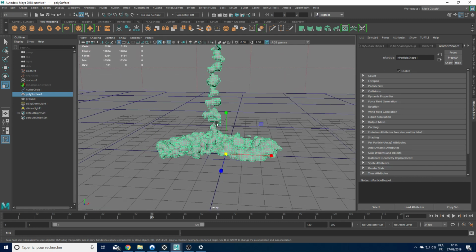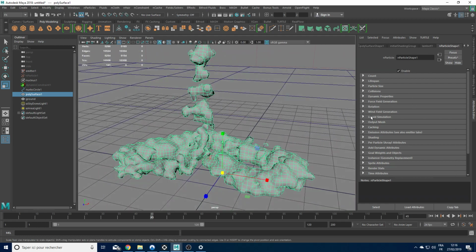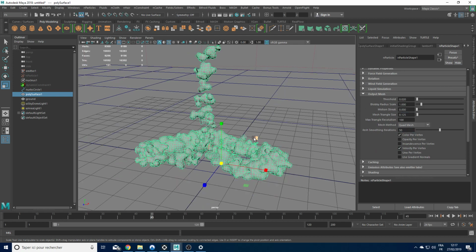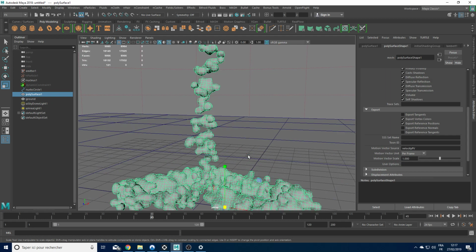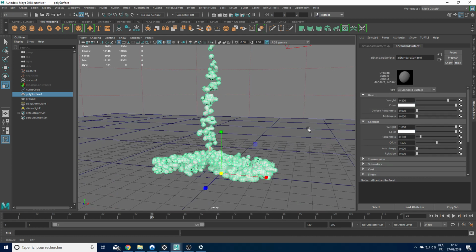I'm gonna assign on my mesh, maybe I can add more subdivision to my mesh. Output mesh, I'm gonna smooth it more and reduce a little bit more the mesh. Okay, I'm gonna say nah, 2 was good enough. What I can do with that mesh is assign a nice render surface,